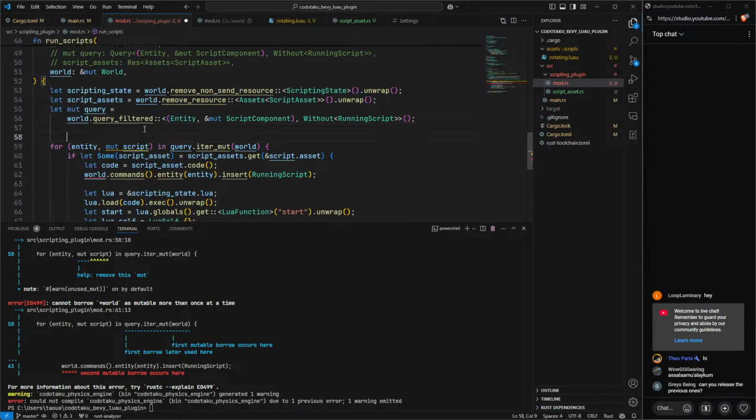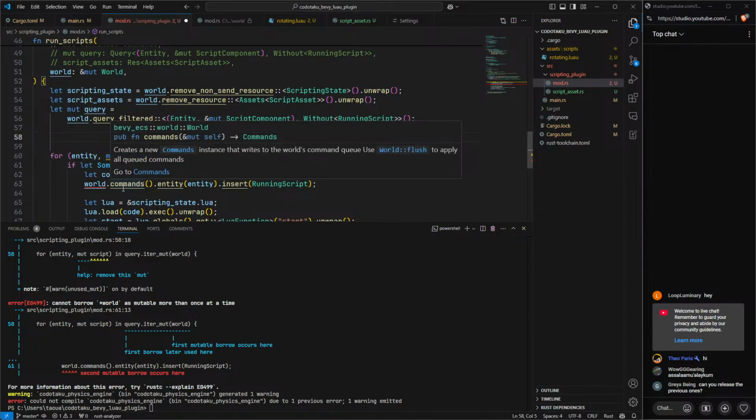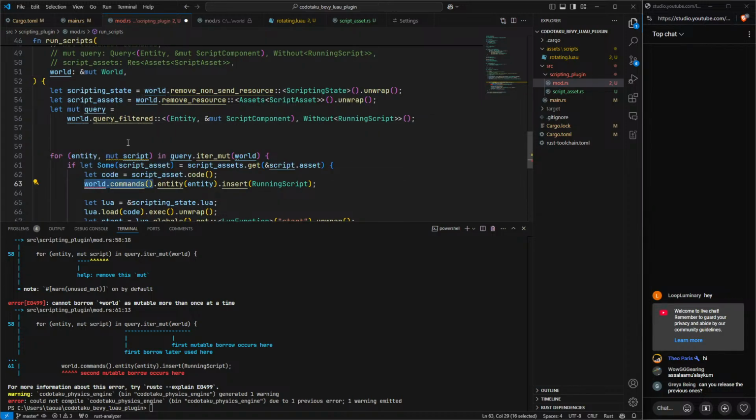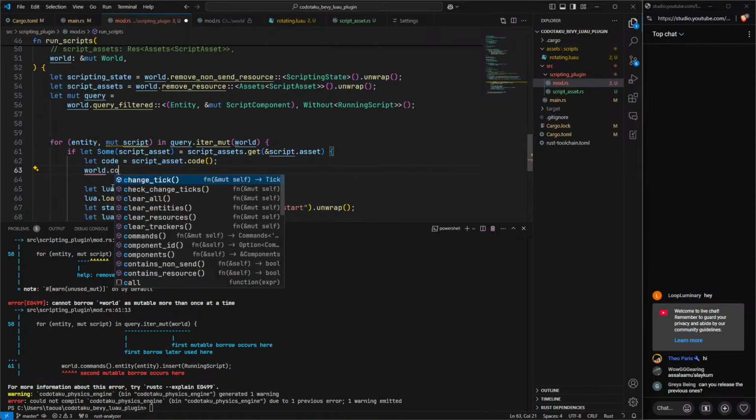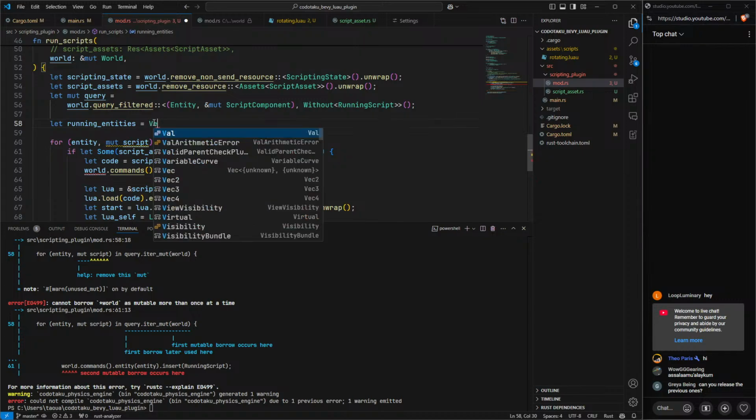You know what? I think we should. But like this would actually... Hold on. Maybe I could get the world's commands beforehand. No, that doesn't make any sense. Yeah, you know what I'm gonna do? I'm just gonna store the loaded ones, or like the running scripts, or the running entities, I guess, is equal to vec new,